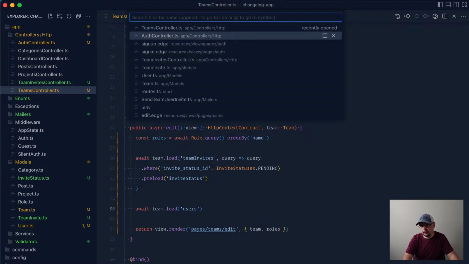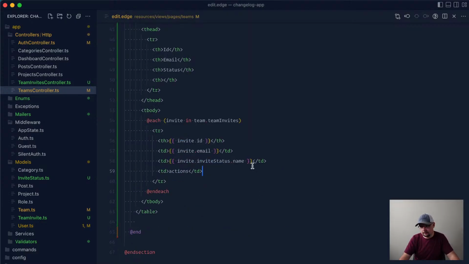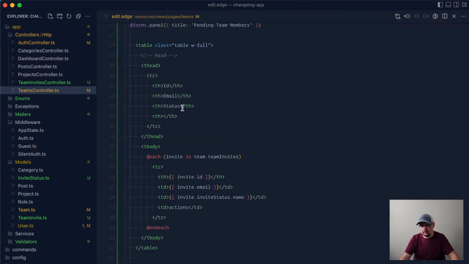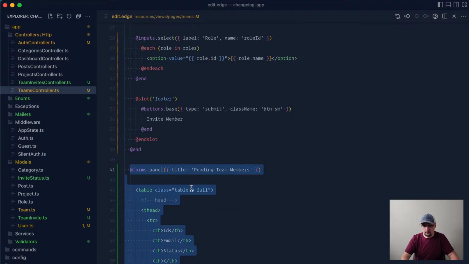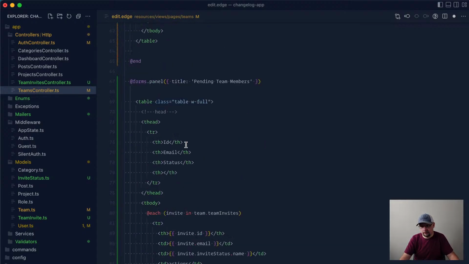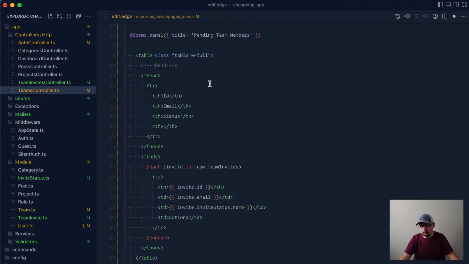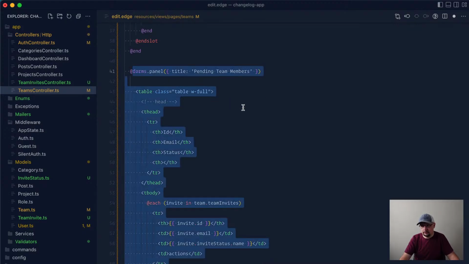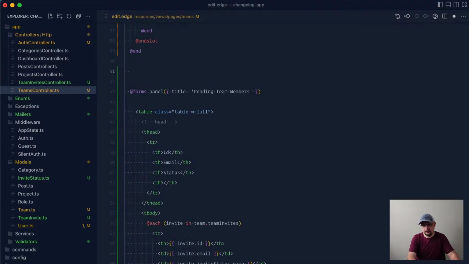Go back into our edit page. I think it's been a minute since we've tested or touched that. Let's copy what we have in this panel. All right. Paste that up here, or paste that down below it. And then what we can do is we can also wrap this one here in an if. So if there's not any team invites pending, then just don't show the panel because it doesn't really serve a purpose. So if